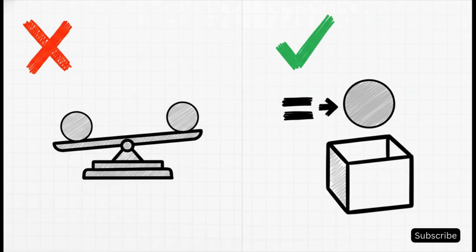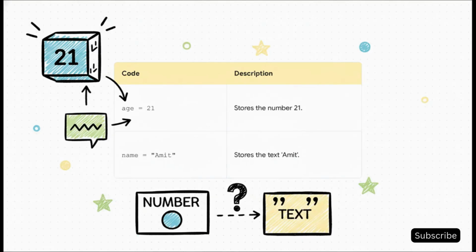Now this is super important, so listen up. The equal sign in Python is not what you learned in math class. It doesn't mean is equal to. It's an assignment operator. It just means, hey, take the stuff on the right and put it inside the box on the left. So if we look at some code, age equals 21 is just us telling Python, create a box named age and stick the number 21 in it. Simple. Then, for name equals Amit, it's the same idea. Make a box called name and put the text Amit inside. Now notice the key difference here. Numbers don't need quotes, but text, which we call a string in programming, always needs quotes. If you get that one little detail, you're already way ahead of most beginners.